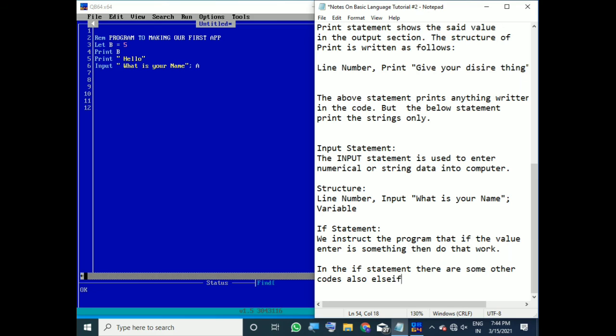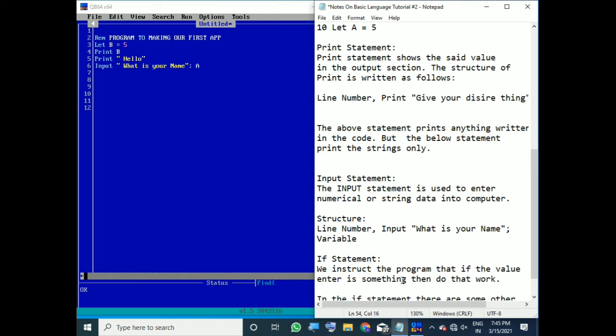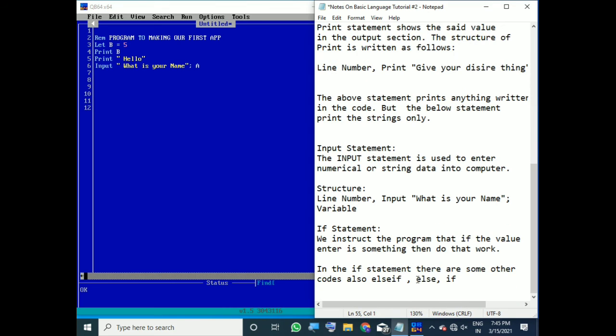It includes else if, then else, and then end if. Okay, sorry. And else if is optional. You can give else if or you can't. It's not necessary that you have to give it, but else and end if are the most important things, and there are other things. And if we have to end it, right?